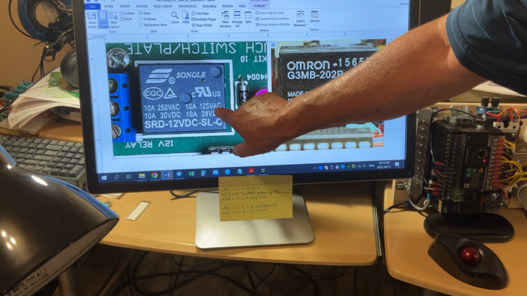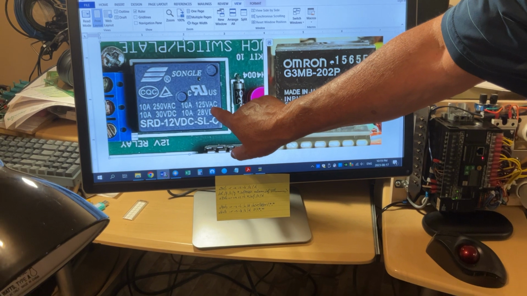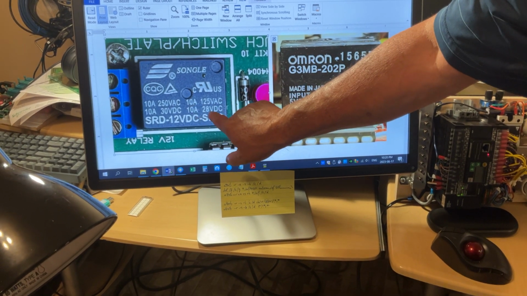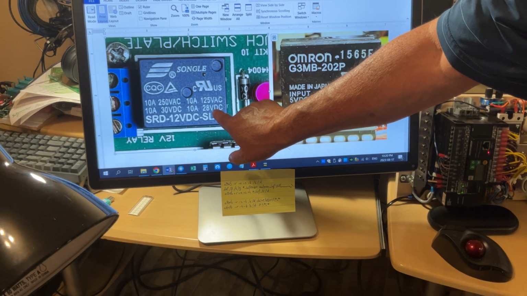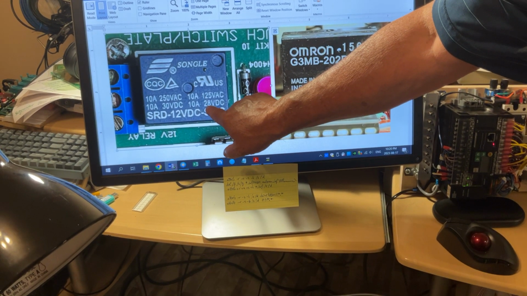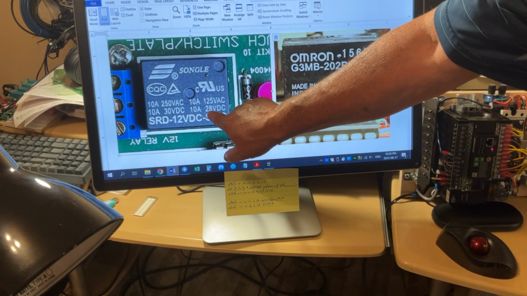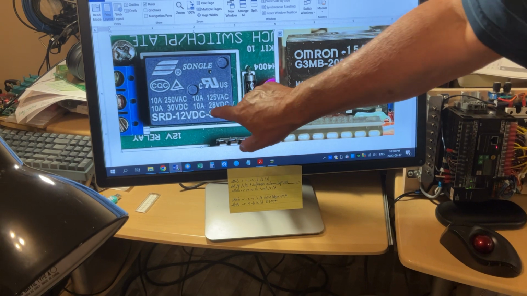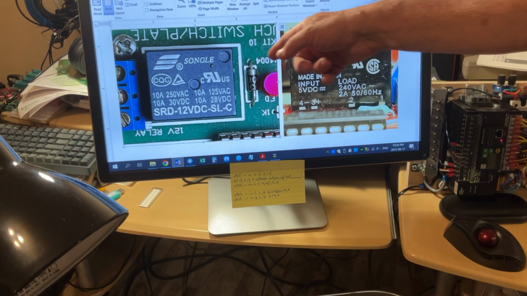You can use AC loads. Take a look, AC is right here. It can carry 10 amps. You can use DC voltage over here. 28 volts, don't take it literally. The industrial DC voltage is 24, but it has a reserve up to 28. Also 10 amps. And by the way, a useful piece of information is,